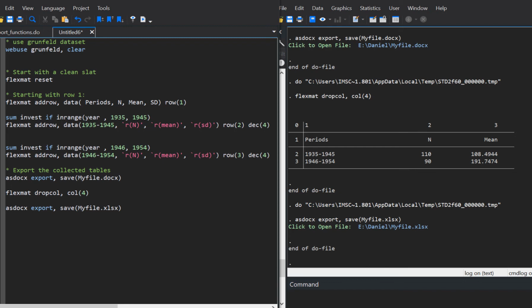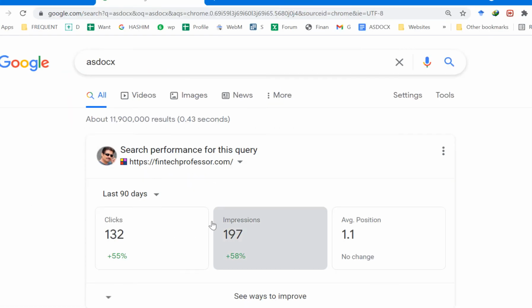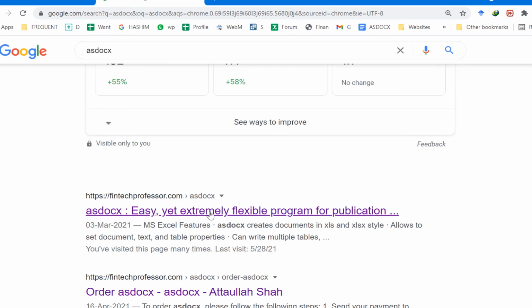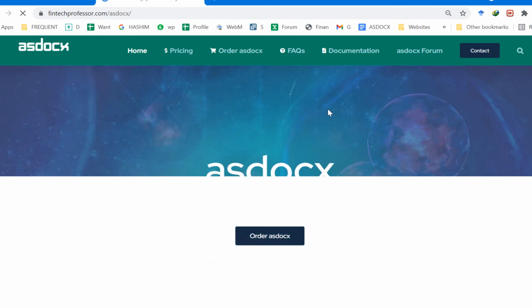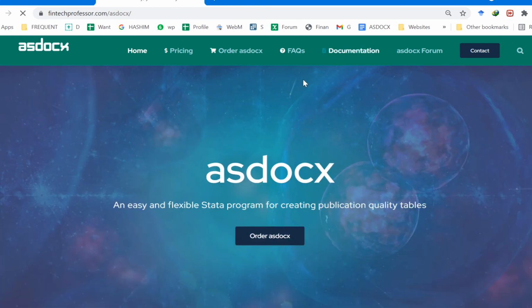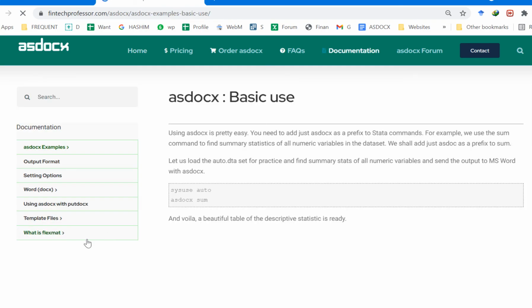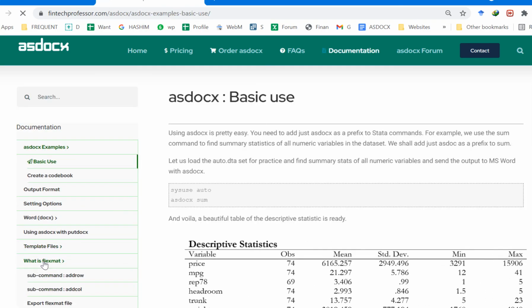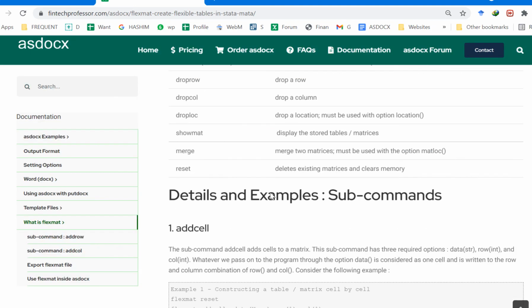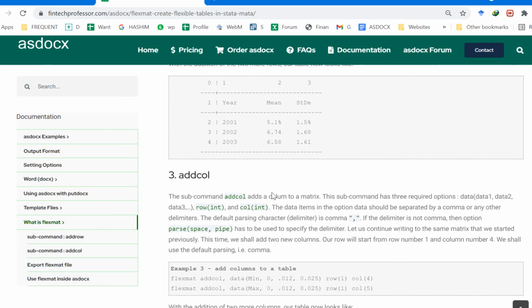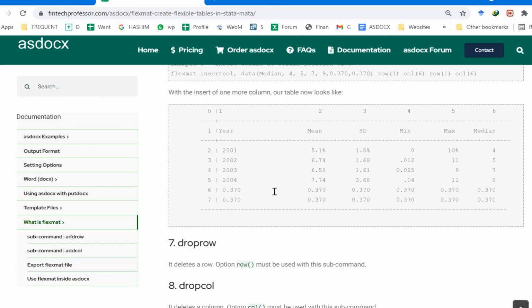There I have uploaded several examples using FlexMate. So if we go to the help site of ASDocx, and then we go to the documentation, there we have what is FlexMate. All the options are discussed in detail with examples.